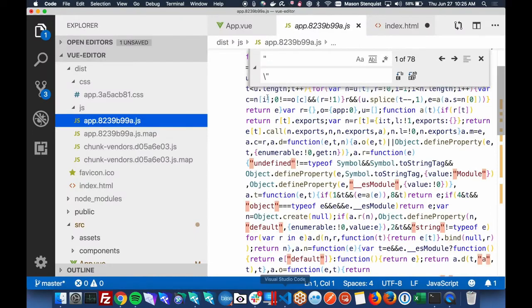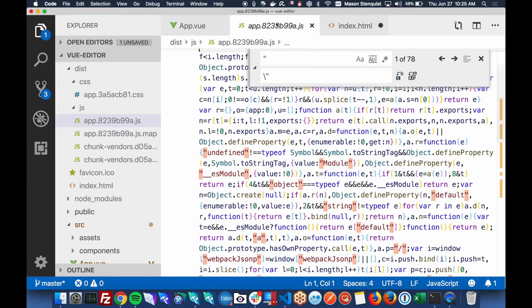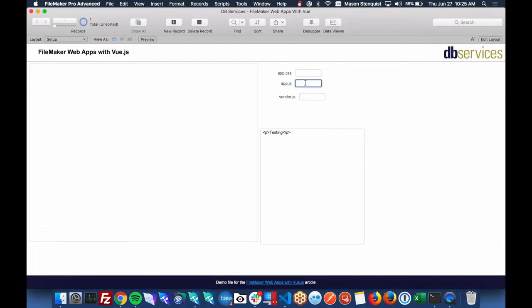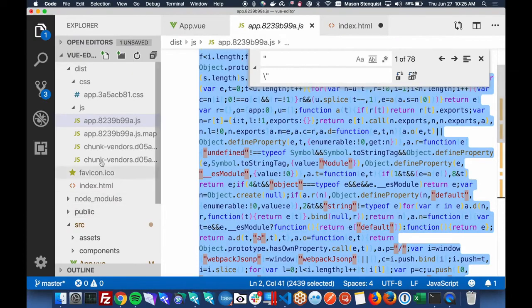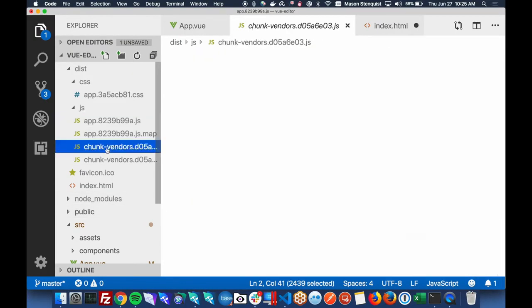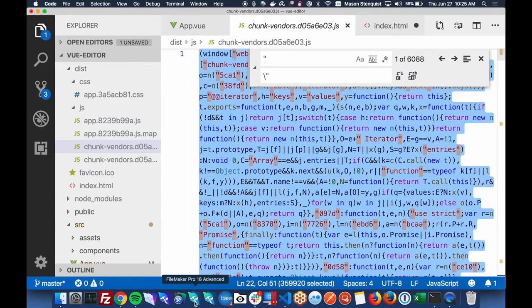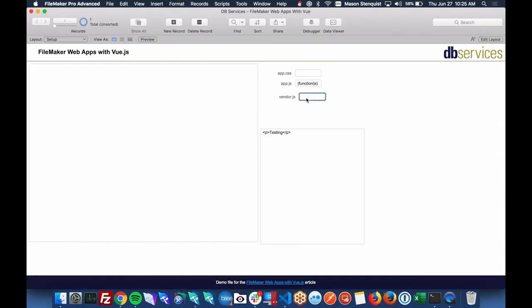So to do that, we just find those files. Make this a little smaller. So this is our app.js. I just copy all that, paste it in there. We go to the chunk vendors JS and paste that in here.